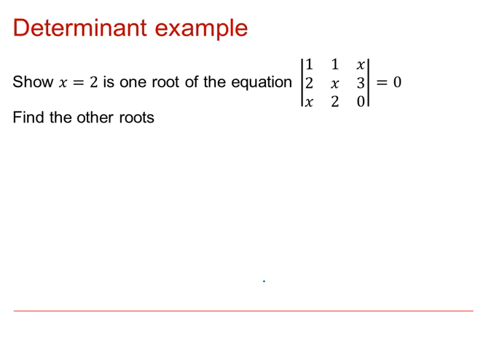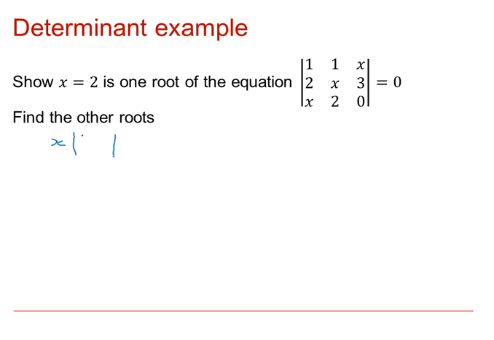So in this example we want to show that x equals 2 is one of the roots of the equation the determinant equals 0, and we've got to find the other roots. We could check that x equals 2 simply by replacing the x with a 2 and checking that the determinant is 0. But I'm going to do it a slightly different way. I'm going to do this determinant algebraically and see if we end up with the answer x equals 2. I'm going to take advantage of this 0 in the bottom row, and I'm going to expand by the bottom row. So I need the first element x times